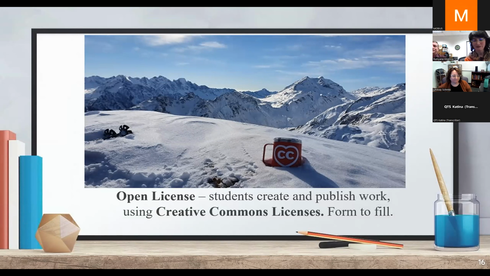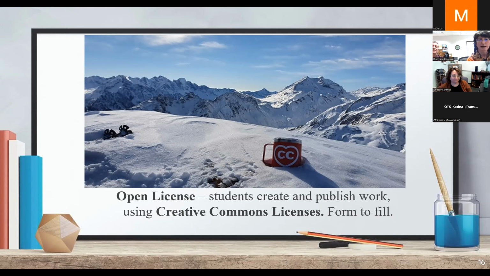So I'll just jump in here real quick. As part of that process, at some point, I also visit the class of Dr. Kinney to familiarize students with the concept of open license, because if they agree to have their work published, they need to sign a form in which they relinquish their copyright to the university, in case we want to share their work publicly. So I had to briefly explain the concept of open license and Creative Commons licenses.